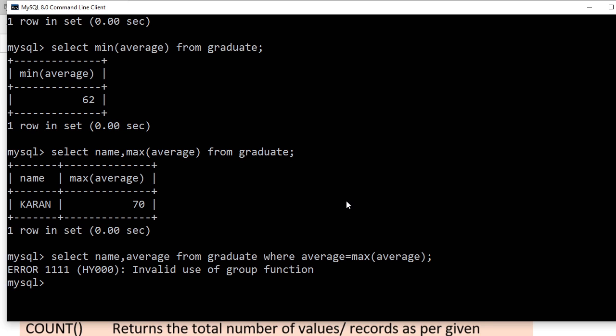Now this maximum average is making multiple tuples together and bringing the result back, and that cannot be used as a comparison here directly as a value. Got it? One more try. This is also an error. Max is unable to do this. This is the query to print the name of the child having maximum average, or the name of the employee getting maximum or minimum salary.